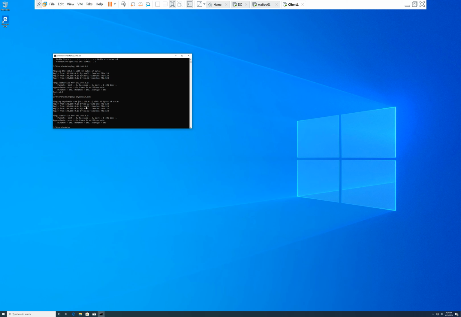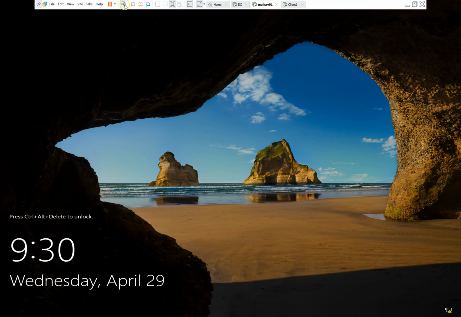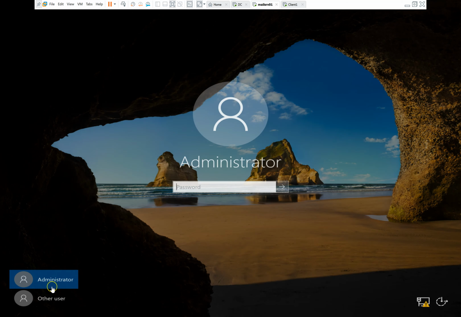So this can be done before you start. Right now I have demonstrated it after doing the procedures of adding my PC to the domain, but you can do this well before to check whether everything is okay, and then you can start the procedures for adding your PC or a server to the domain. Similarly, if I go to my mail server,